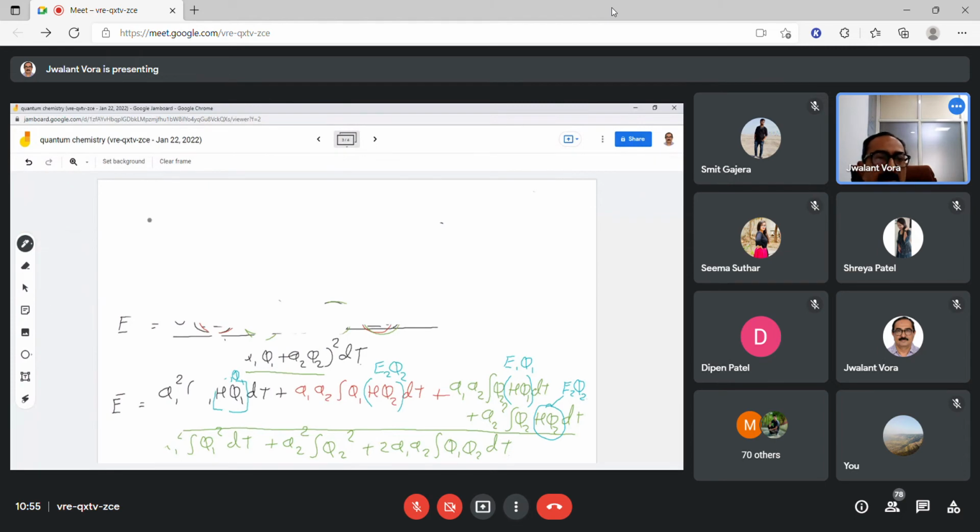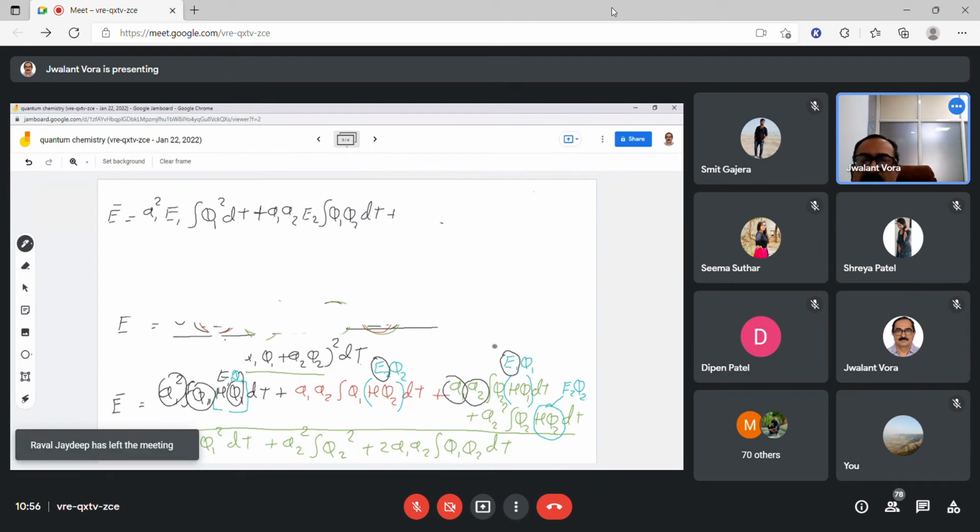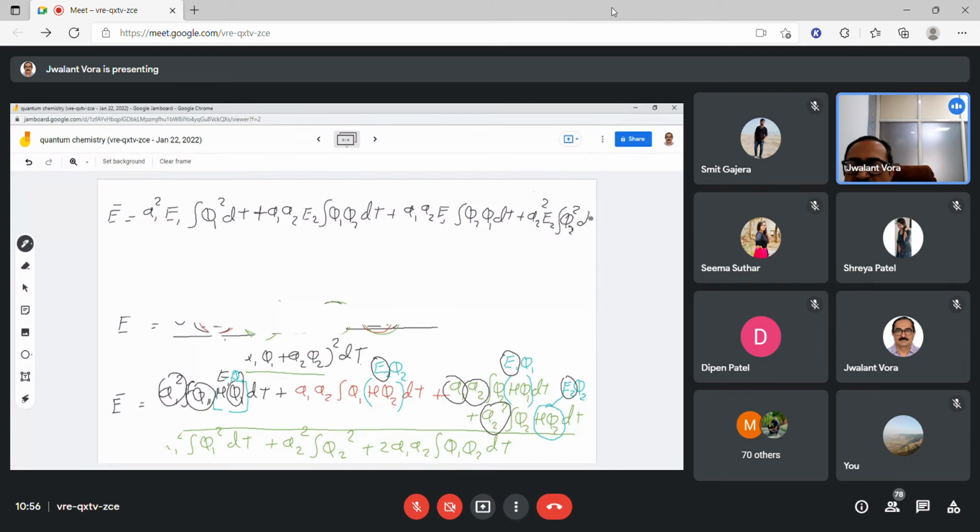Therefore E or E bar is equal to a1 square, અને H અહીંયા હતું phi1 H phi1 એને બદલે H phi1 બરાબર E1 phi1. So E1 ને આપણે બહાર કાઢી લઈએ, બાકી પાર્ટ વધ્યો phi1 phi1. So that is phi1 square d tau plus a1 a2, અને અહીંયા E2 આવશે into phi1 phi2 d tau, a1 a2 E1 into phi2 phi1 d tau plus a2 square into E2 into phi2 square d tau divided by